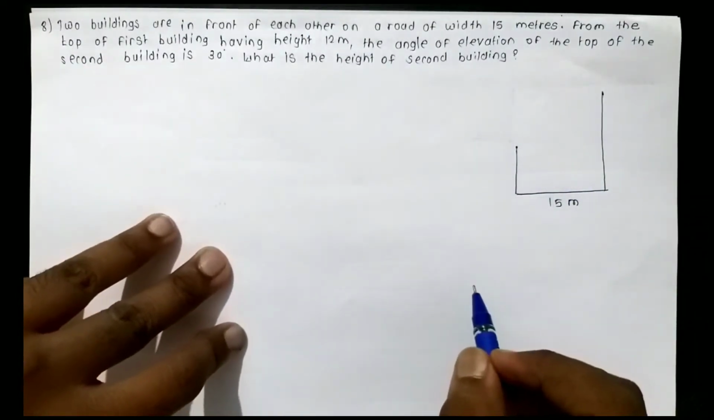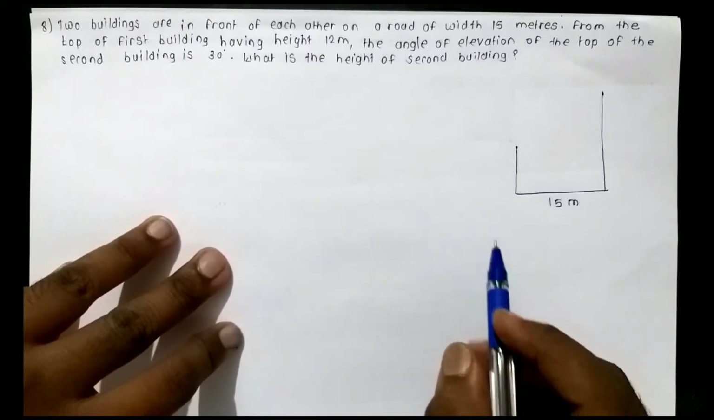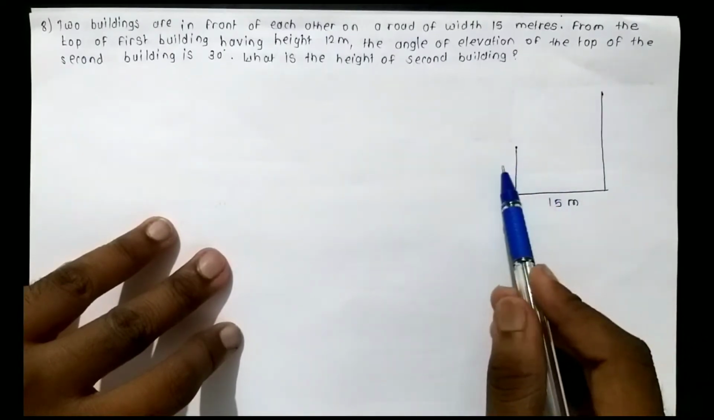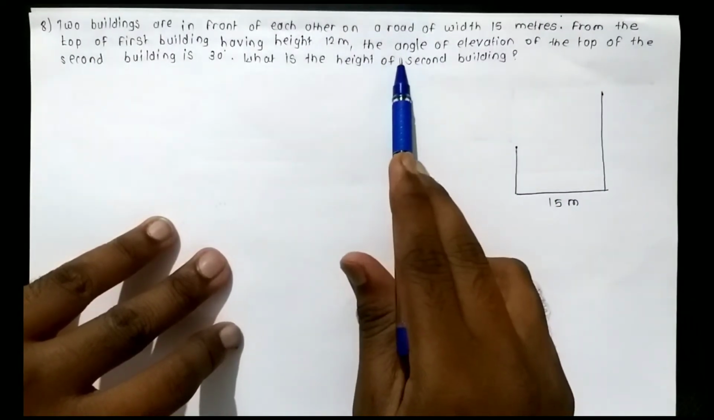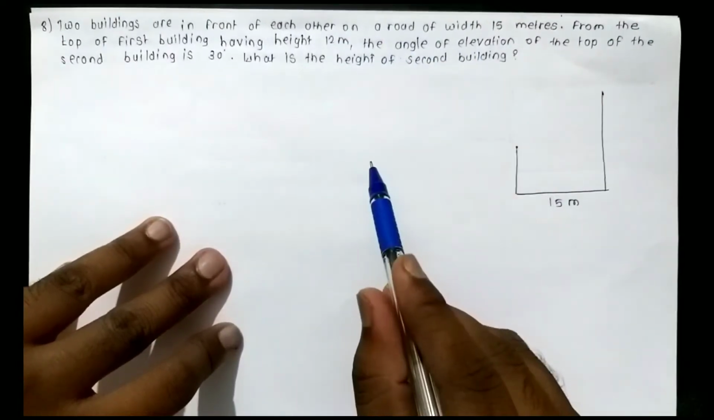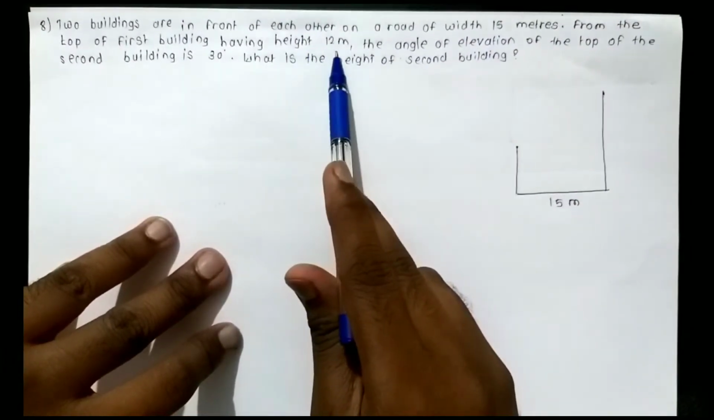From the top of the first building having height 12 meter. Here we don't know which building is 12 meter high, this or this. So we read the next sentence. The angle of elevation, see here, from the building of having 12 meter, the angle of